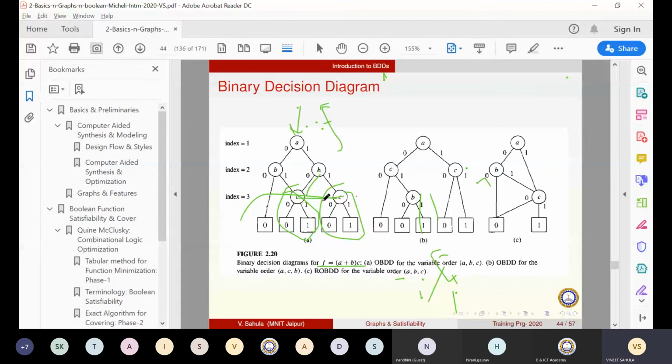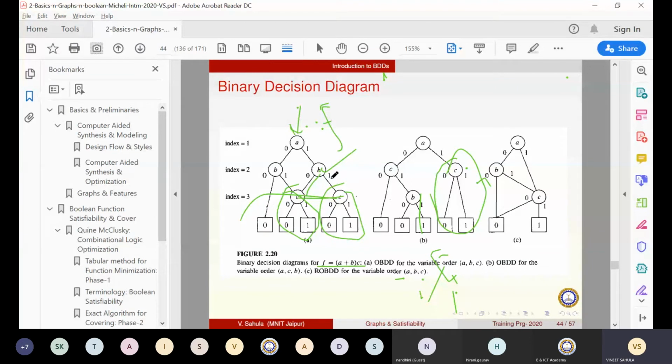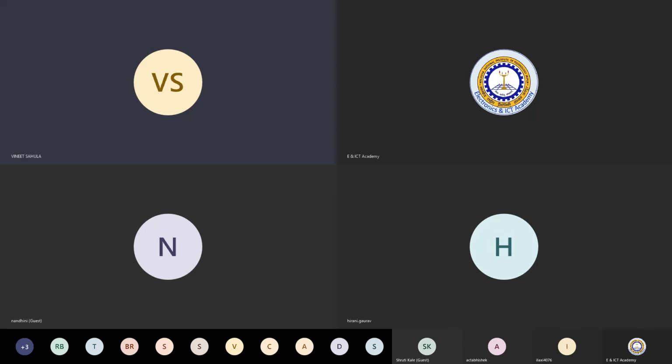C and C will be merged. So only one C will survive. Now the point is, if C are merged, the B when value 0 will come to C, and B when value 1 is also coming to C. What is happening? A vertex B is making no difference. Whether B becomes 0, we still come to the same graph. Whether B is 1, we still come to the same graph. So that means B is redundant. B is not taking any decision. So in any case, if we have such a structure where a vertex's left and right merge to the same vertex, then we omit that vertex.